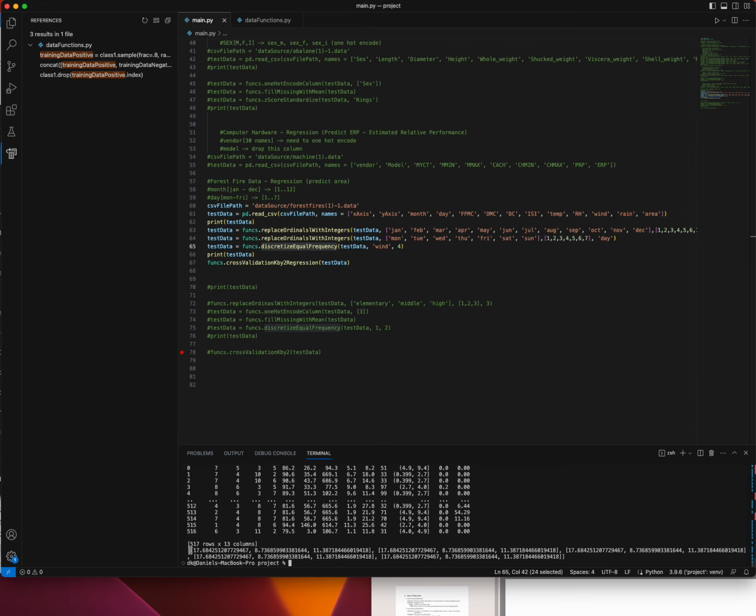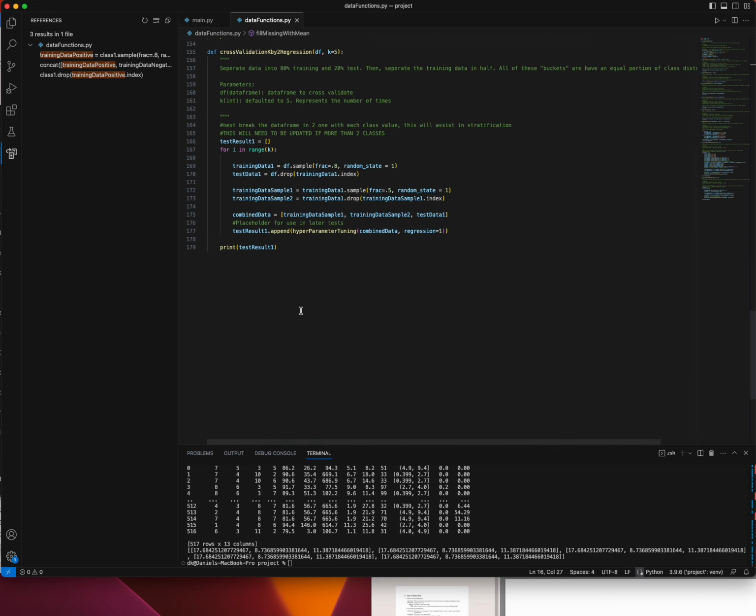And then as far as finding the mean, we can see we break it down into two training sets and a test set. The training sets are 17 and 8, and then the test set mean is 11. I just do that for display purposes. It doesn't actually factor in. But to show what that looks like here,